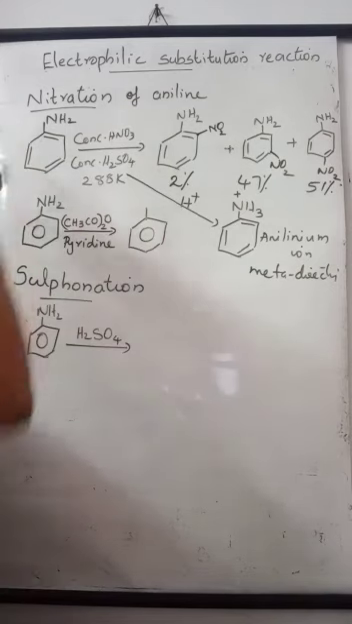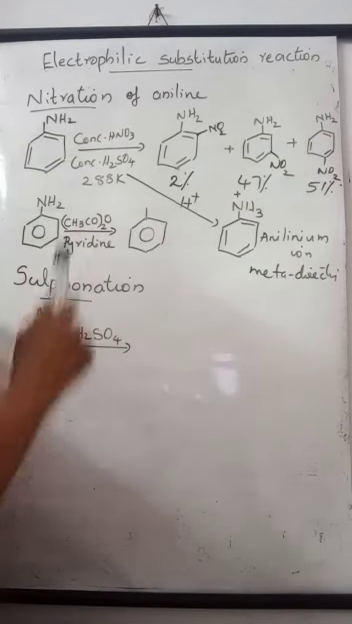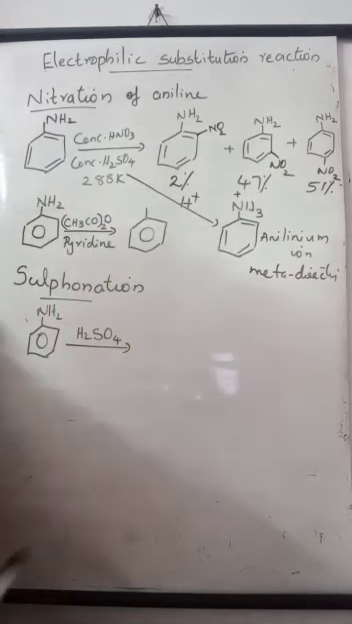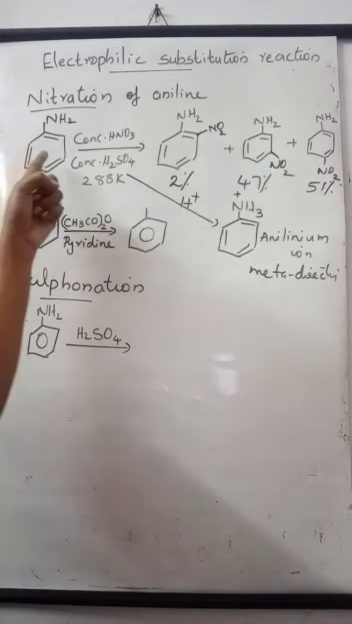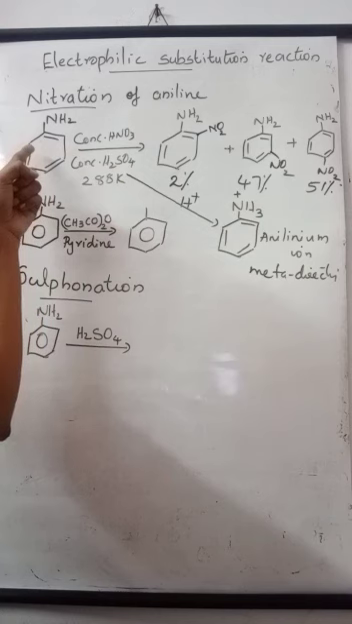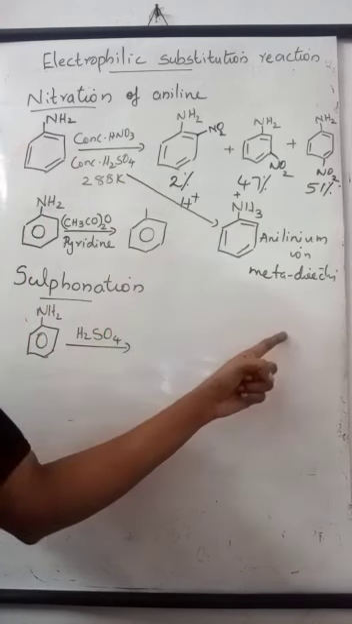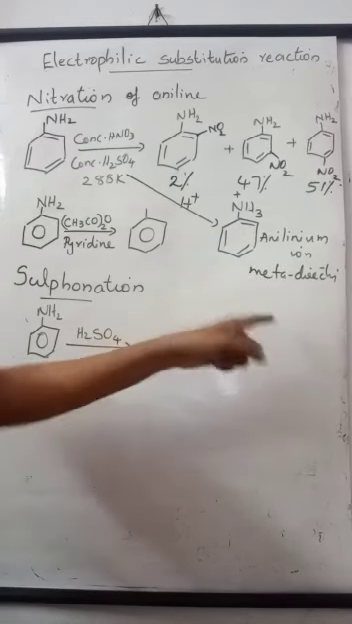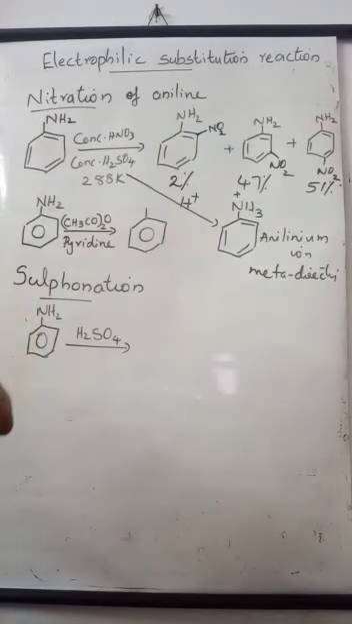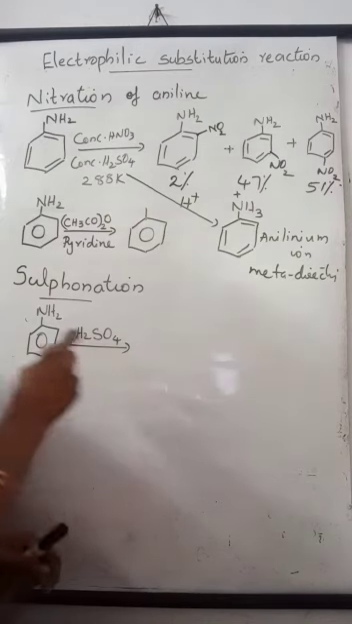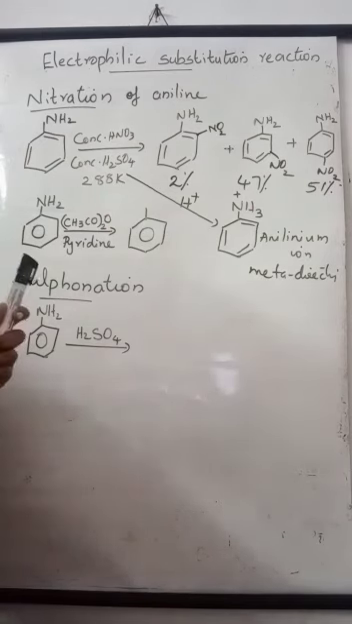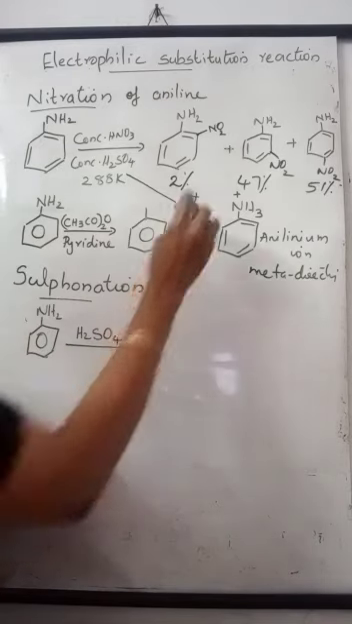Even though the amino group is ortho para directing, on nitration aniline gives metanitroaniline also. This is the reason. In strong acidic medium, aniline is protonated to give anilinium ion which is meta-directing. So on nitration we get a substantial amount of metanitroaniline also. Now, if you want to obtain any one of the mono nitro derivatives as the major product,